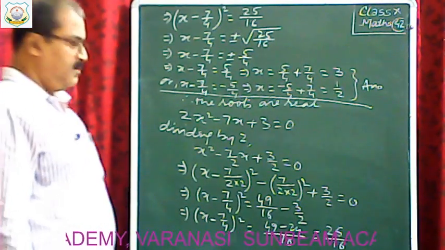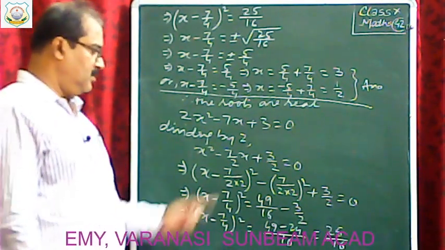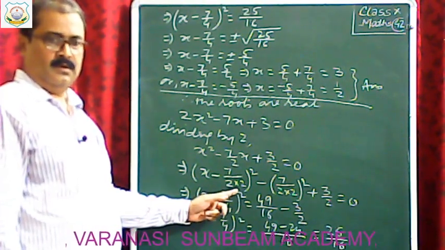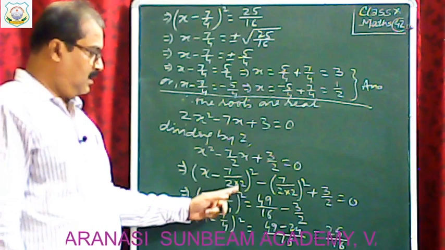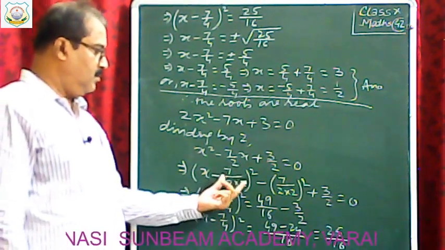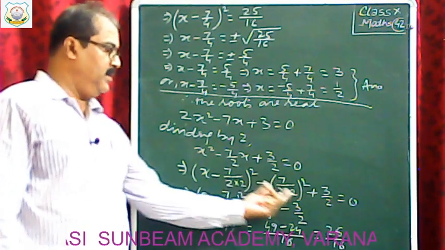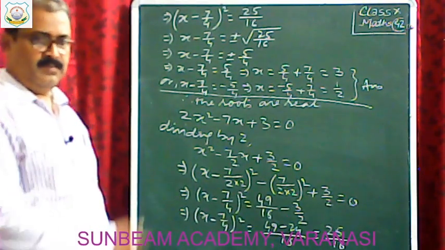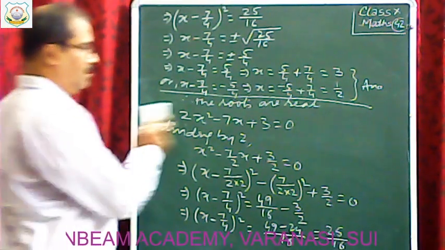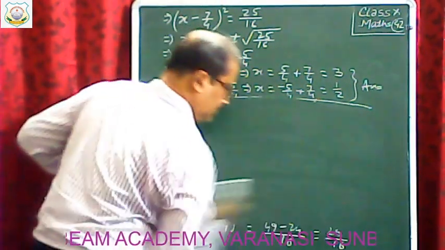In the process of completing the square method, two things you have to keep in your mind: the denominator of part B of the binomial square, you have to multiply by 2 always, and then you have to deduct the whole square of part of B, and thereafter simplification as previous you have to do.